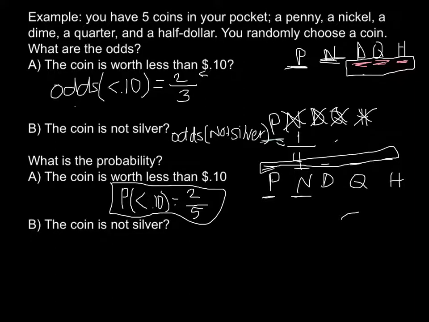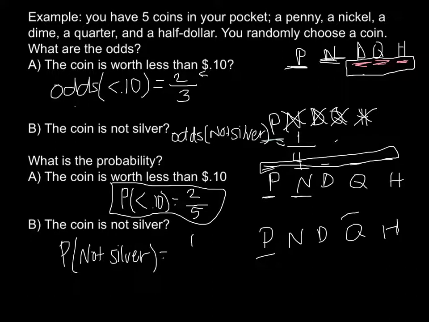Okay, again, the coin is not silver. We've got penny, nickel, dime, quarter, and $50. The ones that are not silver are 1. We've only got a penny that's not silver. So probability of not silver